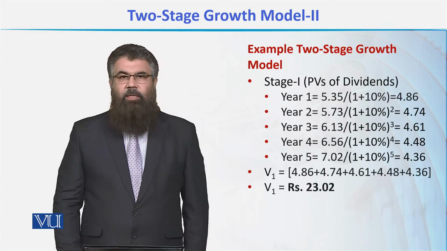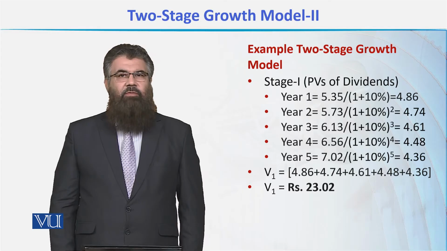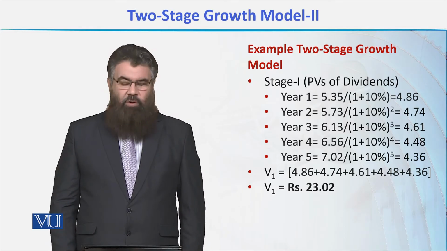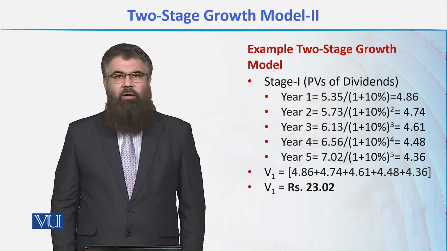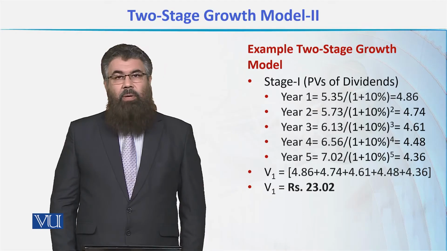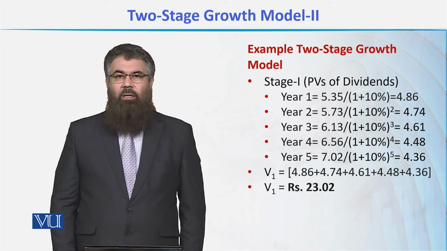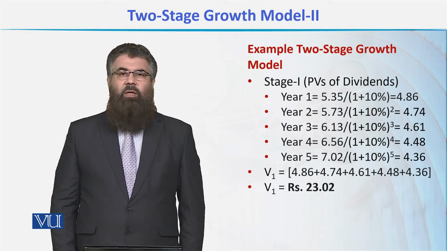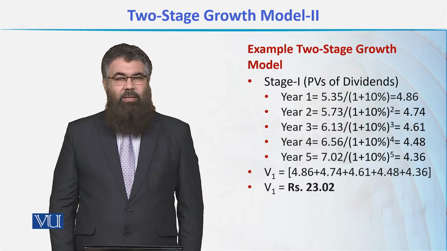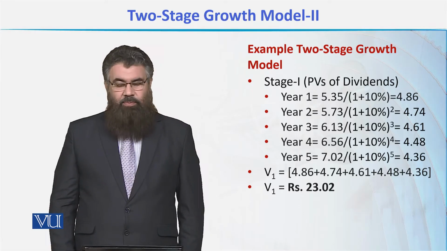After calculating these dividends, then we have to calculate their present values. यहाँ पर भी हम individual present value का formula लगाएंगे और हर dividend को individually discount करेंगे. But remember, here the discounting rate will not be the growth rate. यहाँ पर हम वो discounting rate use करेंगे जो हमारा required rate of return है. और इस केस में हमारा required rate of return 10% है.